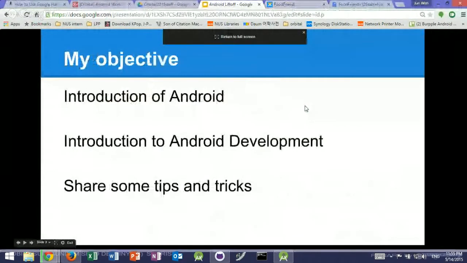So that's it about myself, and the objective of this workshop is actually to introduce what Android is to you, an introduction to Android development as well, and most importantly, to share with you some tips and tricks so that you won't go through the same pain that I had when I was figuring out how to create an Android mobile app with my friend. So this part is more of the fluff stuff, and this part is more of the skills that you need to develop